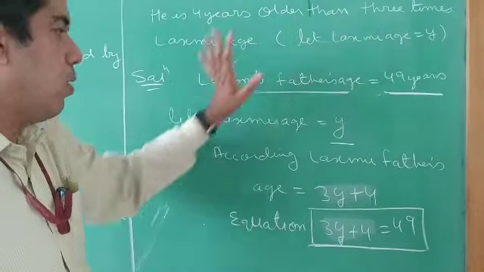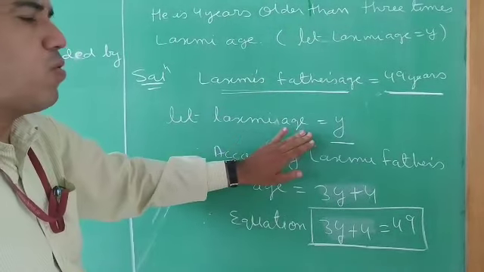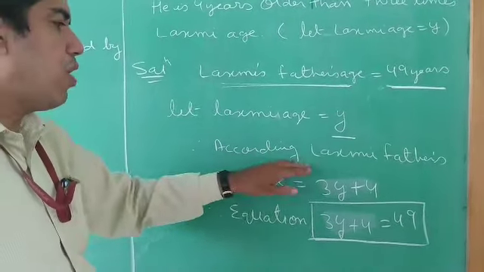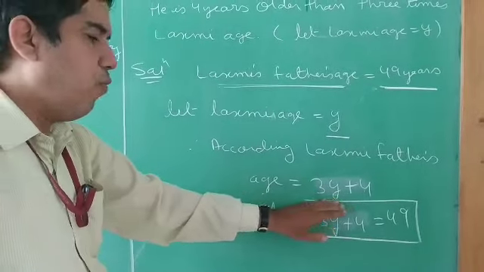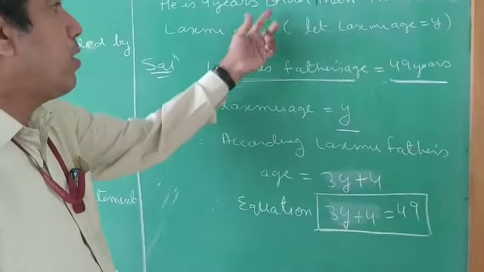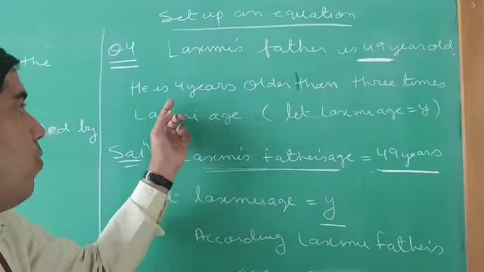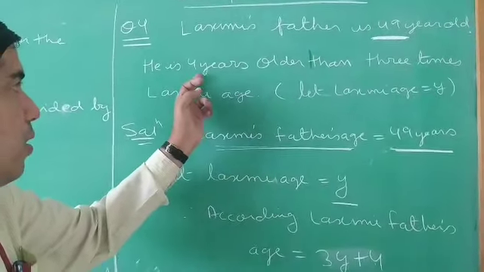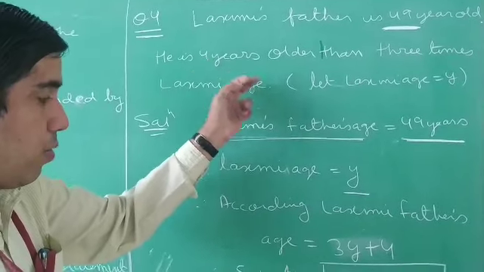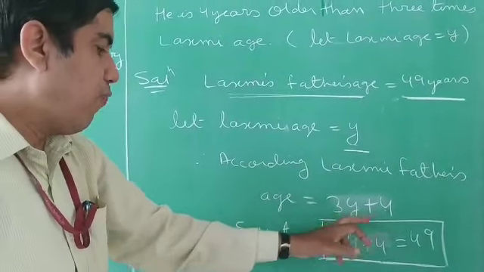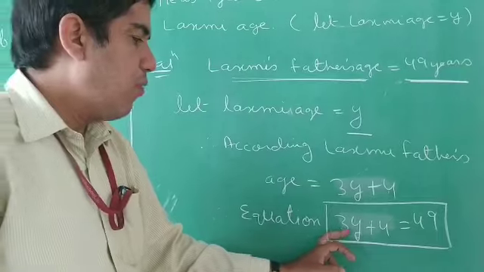It is given in the question. Now let Lakshmi's age be y. According to the statement, Lakshmi's father's age is 3y plus 4. Why 3y? Because in the second statement, it is 3 times older than Lakshmi plus 4 years. So you can see 3y plus 4. The equation is 3y plus 4 is equal to